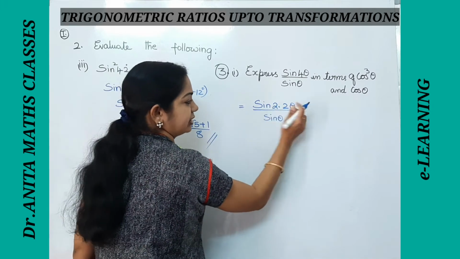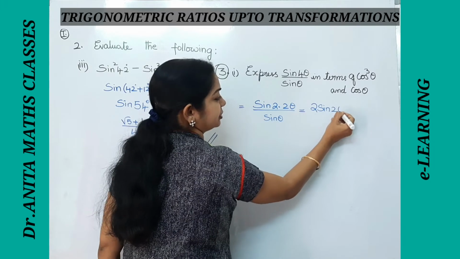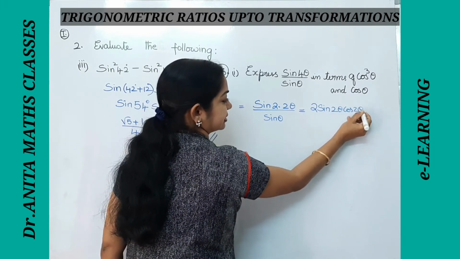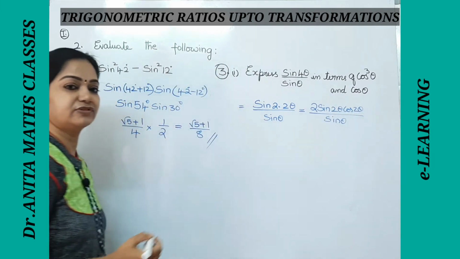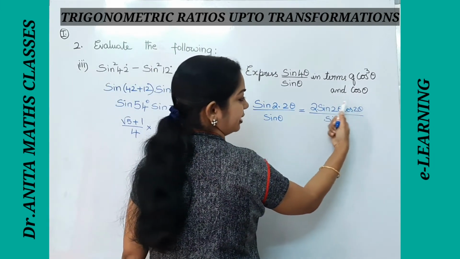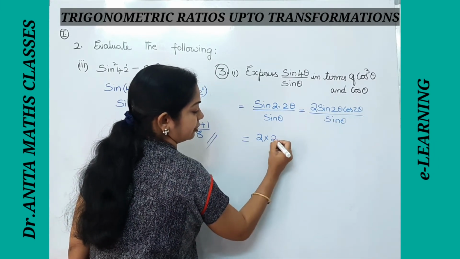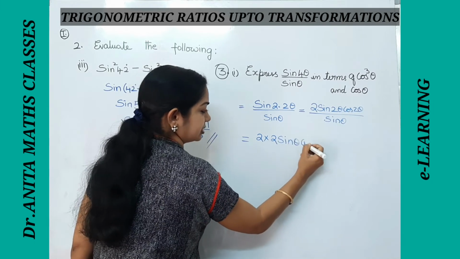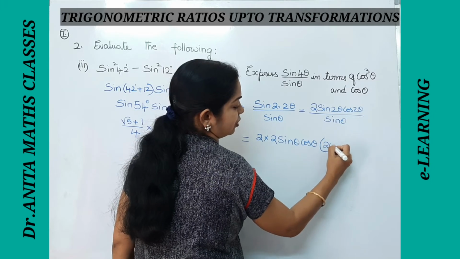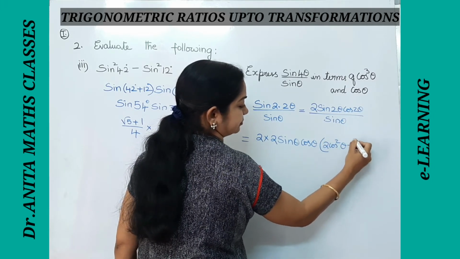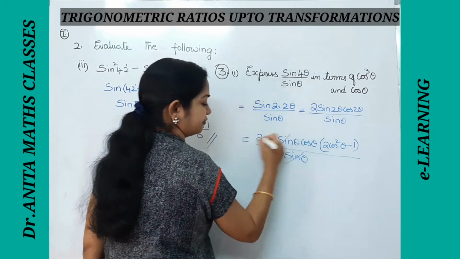So the sine of 2 theta formula, if you write, 2 sine theta. Here theta is 2 theta, cos 2 theta. I can write this as, again, sine of theta. Now again here we have sine 2 theta. This formula will write and this formula also will write here. So this comes to, here 2 already there, 2 sine theta cos theta, and multiplied, isn't it? So we'll write it as 2 cos square theta minus 1 upon sine theta. So we can cancel off because all multiplication.